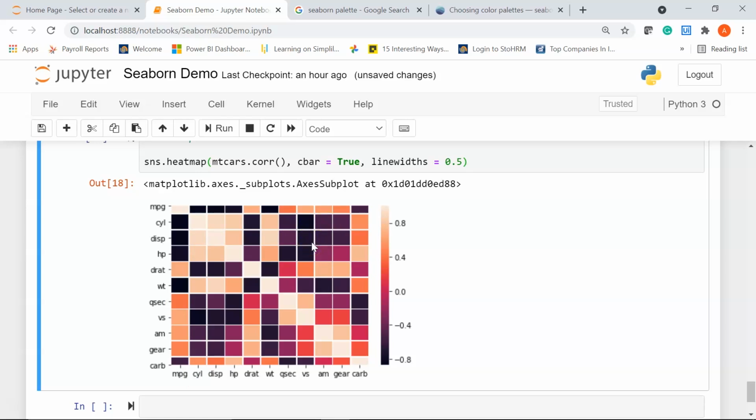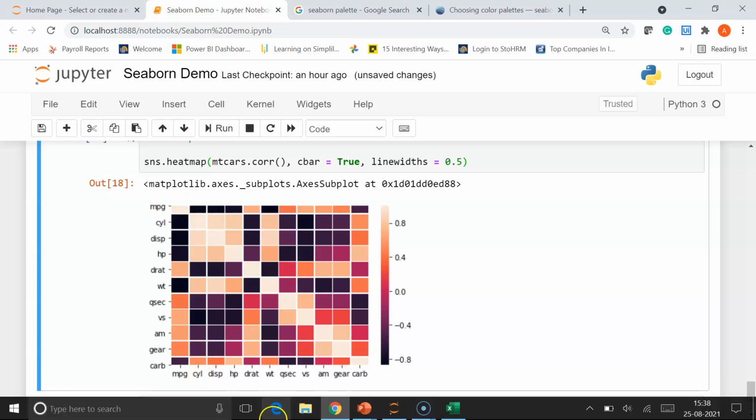So for example, you can see here for cylinder and MPG, the color is really dark, which is around this region, -0.8. This means when the number of cylinders in the car increases, your miles per gallon decreases.